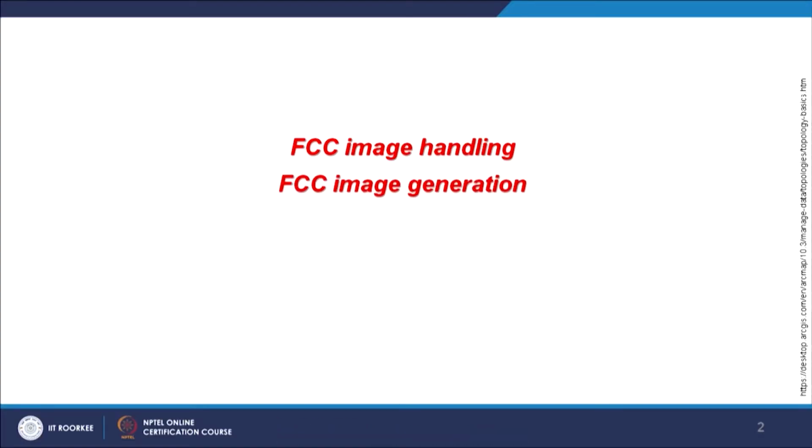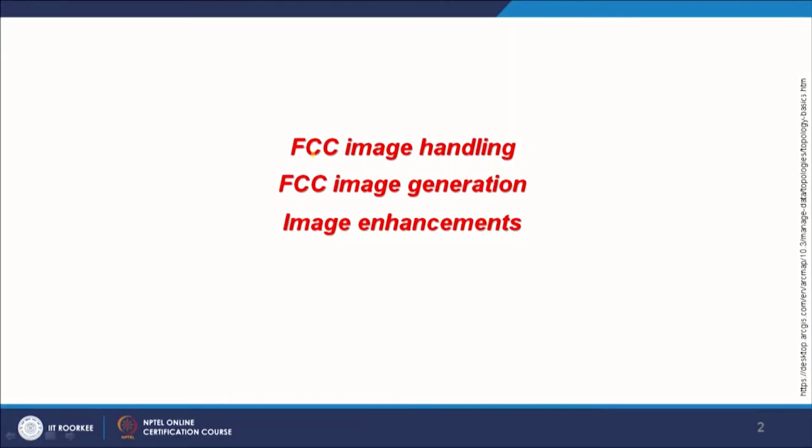Here we will be handling false color composite images, how they are handled on a GIS platform, what the meaning of false color images basically is, and then we will also discuss briefly the image enhancement. Before I directly go to the demonstration on the software, let me first explain this false color composite, or in short FCC.